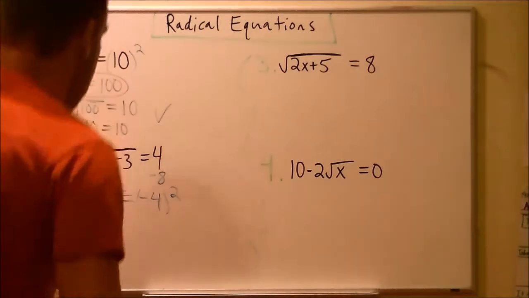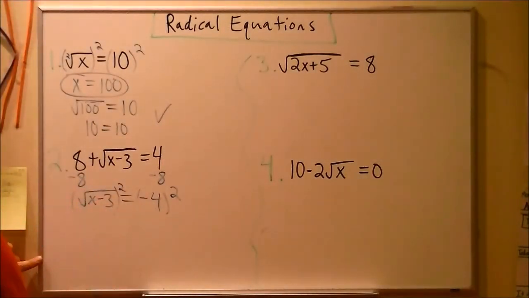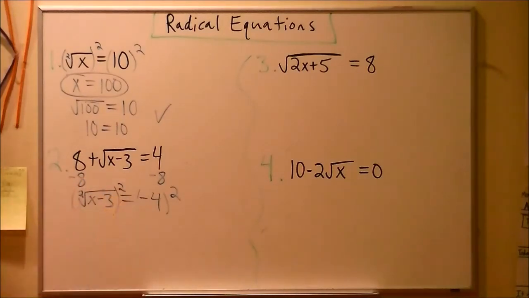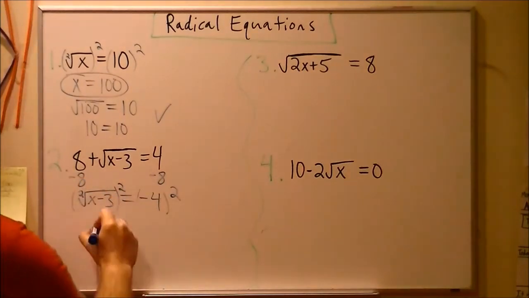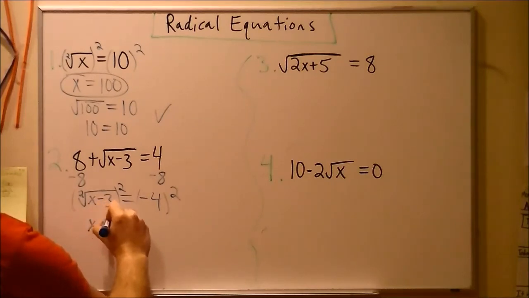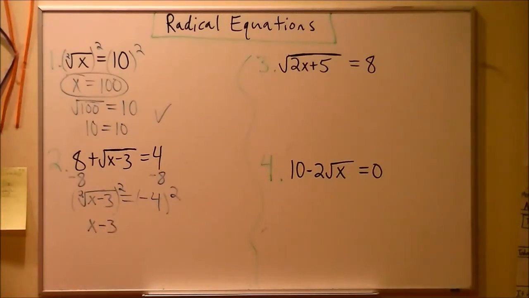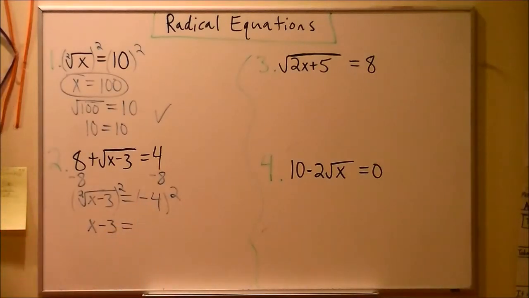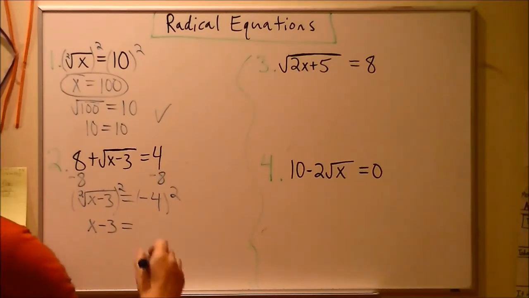Okay, so these cancel each other out, the square root and the square. Those are inverse operations, so they cancel each other out, just leaving x minus 3, which is wonderful, because that's the way I want it to be. Life is good now that I don't have a square root symbol. But because of that, I have to square what's on the other side. What's negative 4 squared? That's not negative 4 times 2. That's negative 4 times negative 4. Two negative numbers give me a positive number, and 4 times 4 is 16.